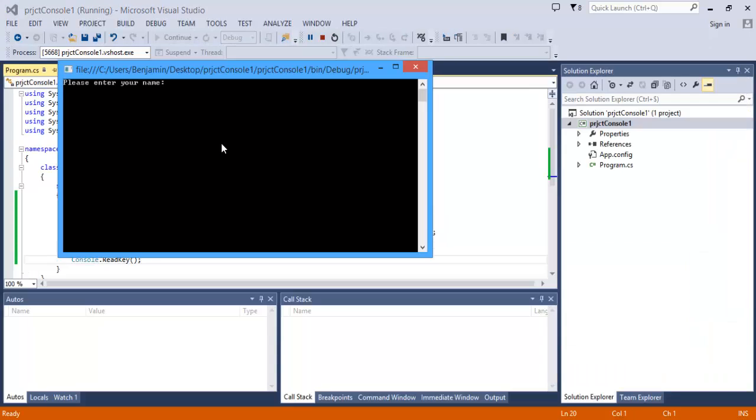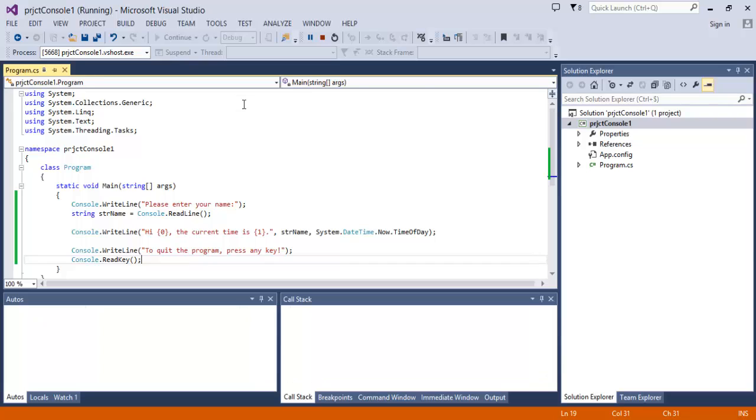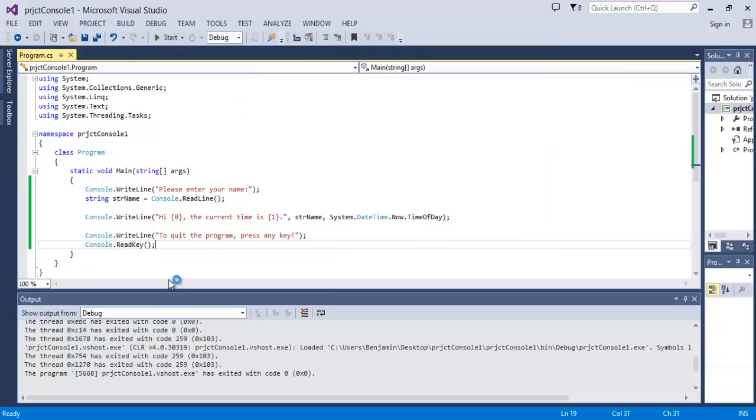So now the program is on. Please enter your name. Dionysus. Hi Dionysus. The current time is 18:03:44. To quit the program, press any key. Voila, it works perfectly. I will be putting the code in the description, not for copy reasons, but for learning reasons,